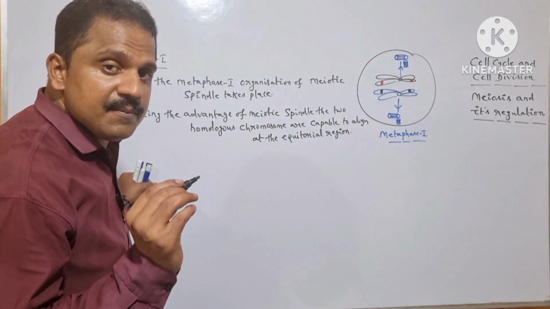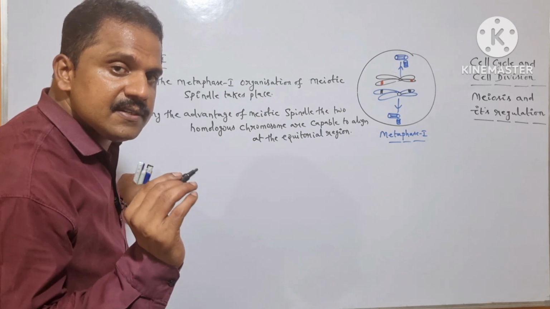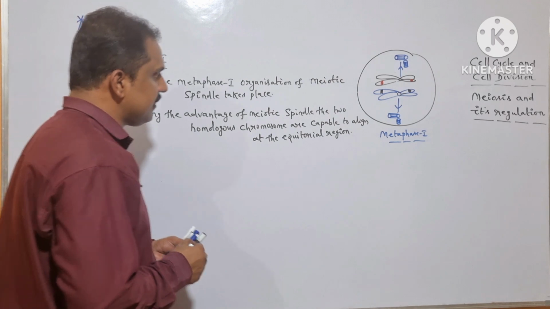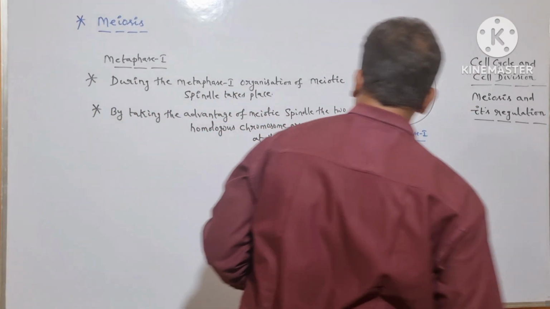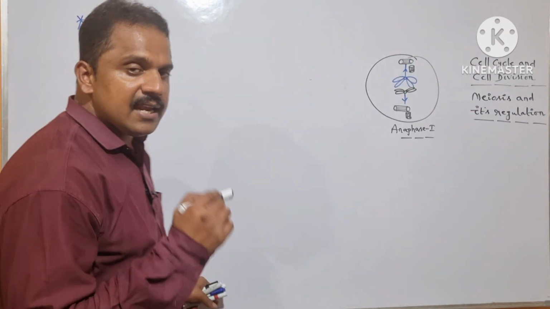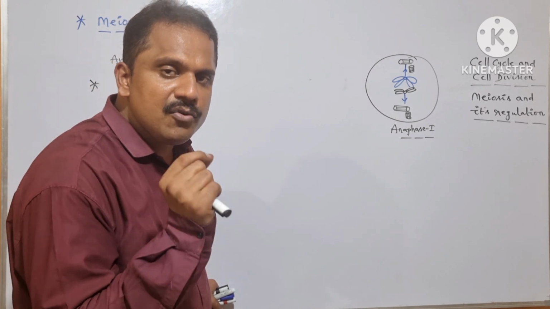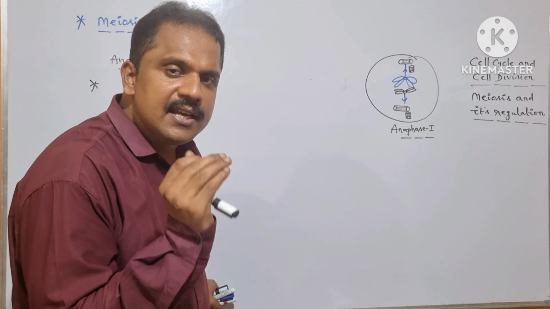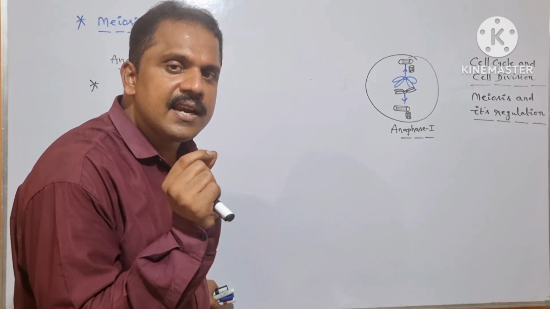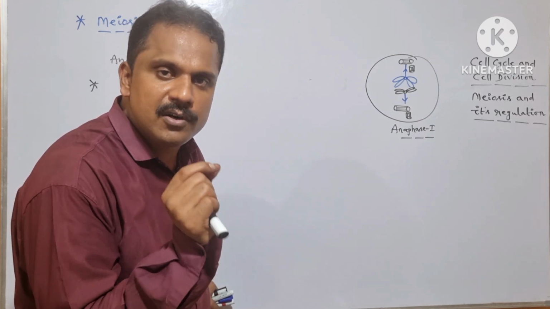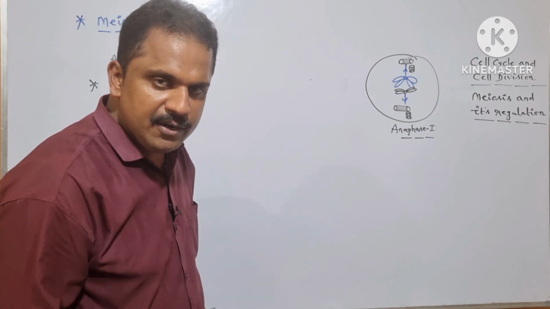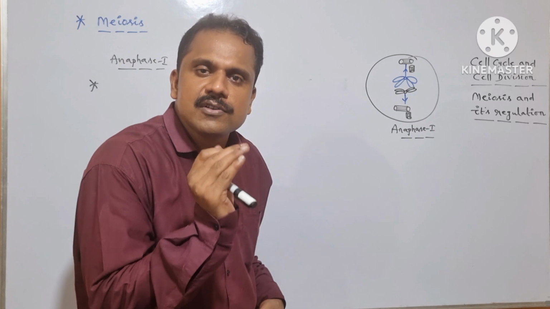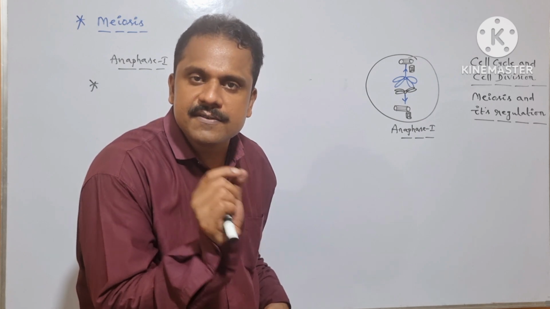After the successful commencement of metaphase 1, the next specific stage period is nothing but anaphase 1. Is it clear? So let me arrange the things here. And during the anaphase 1 of the Meiosis-1, the two homologous chromosomes initially which have aligned at the equatorial region are ready to migrate towards the spindle pole. And here we need to understand that in case of the anaphase 1, segregation of homologous chromosomes takes place, but not the separation of sister chromatids.